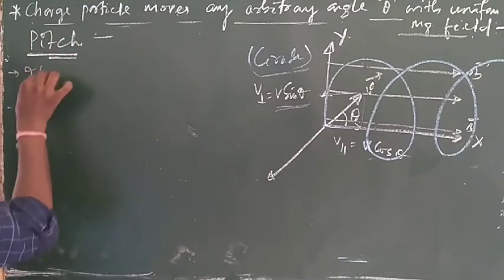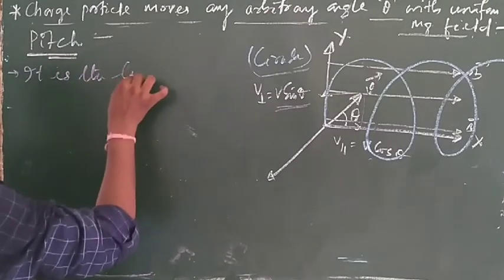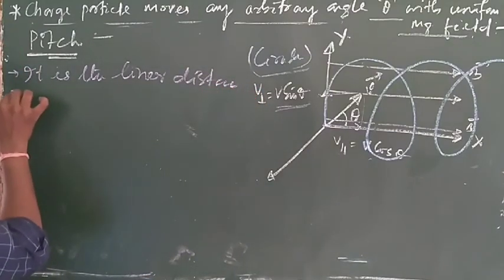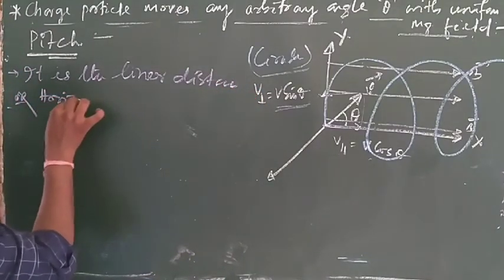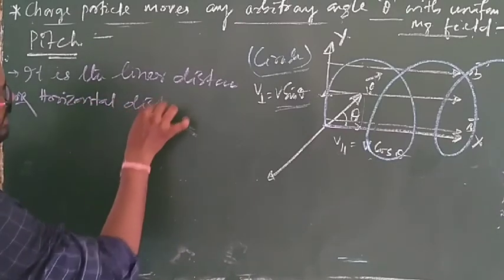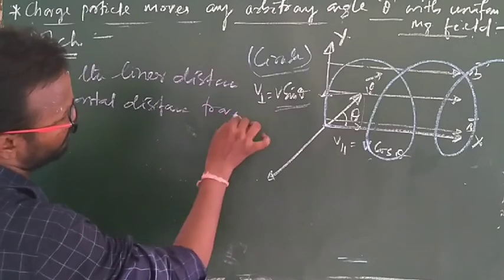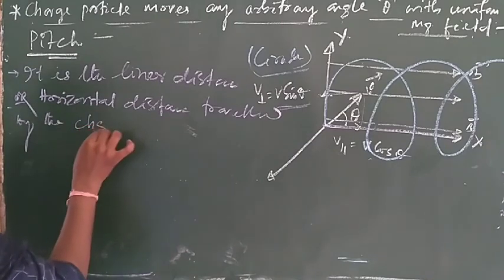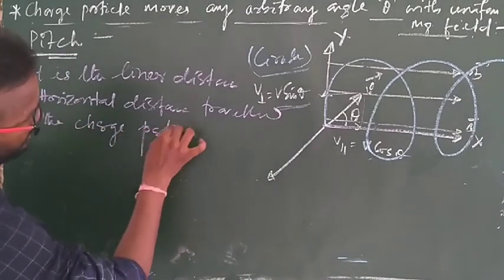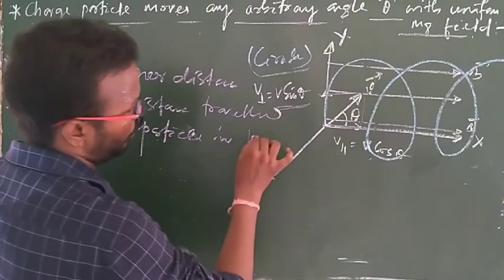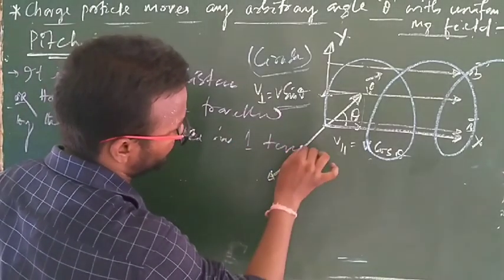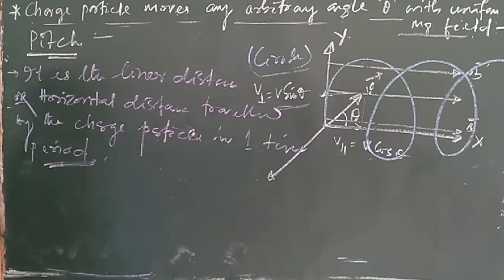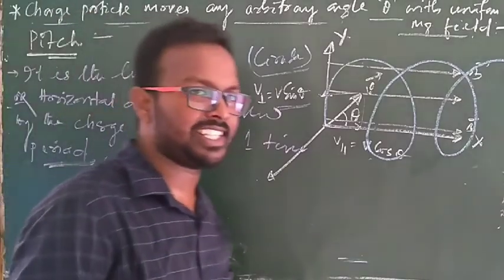It is the linear distance or horizontal distance traveled by the charged particle in one revolution or in one time period. Clear? If the linear distance traveled or horizontal distance traveled by charged particle for one time period,